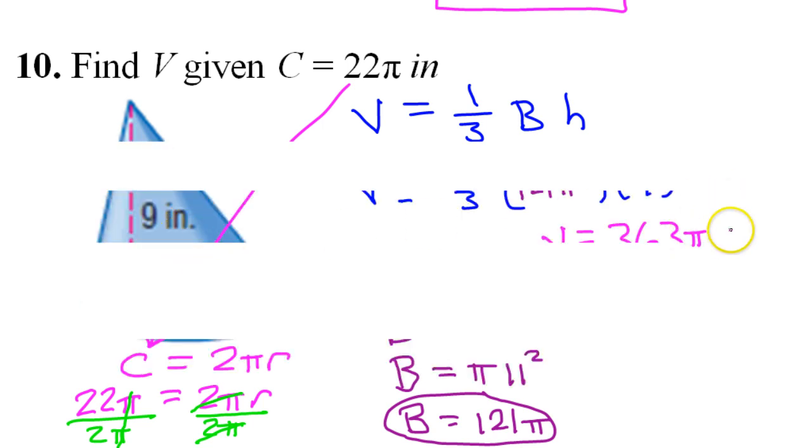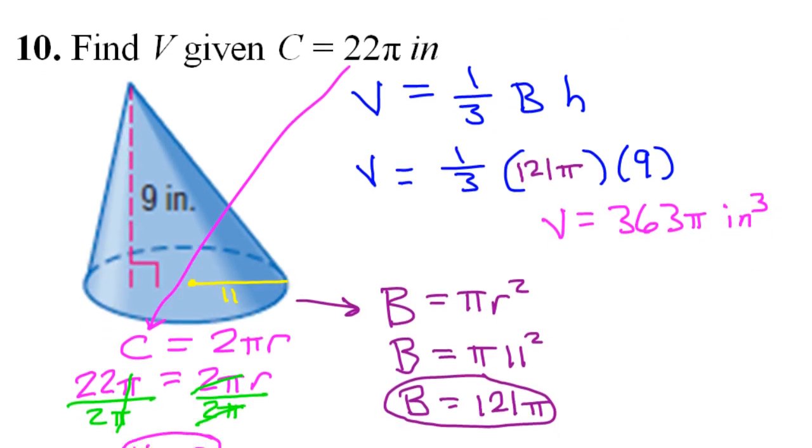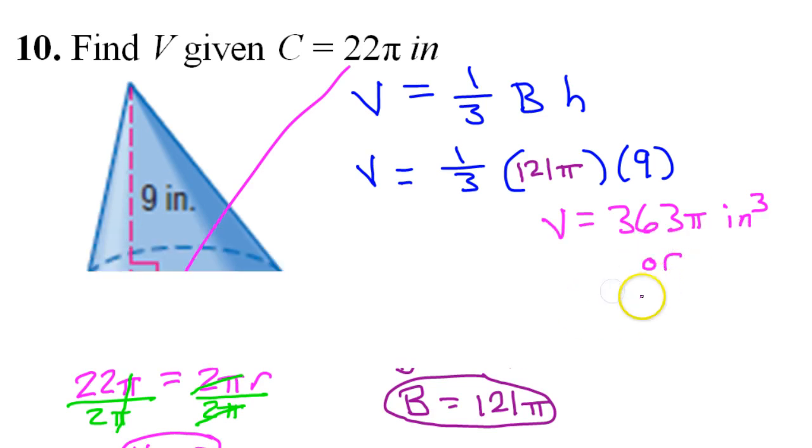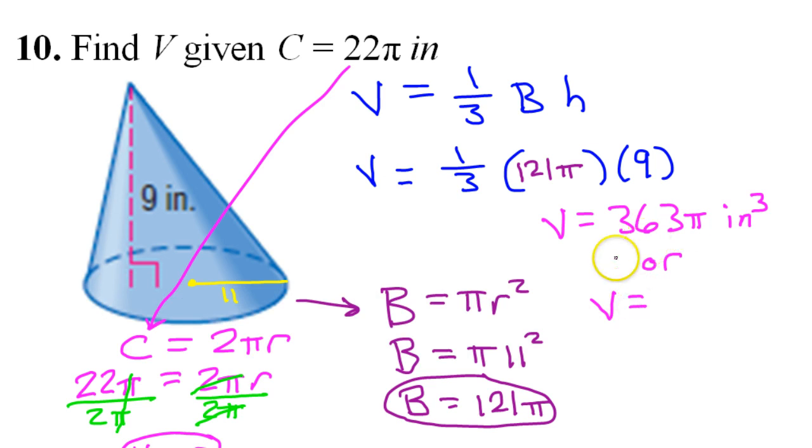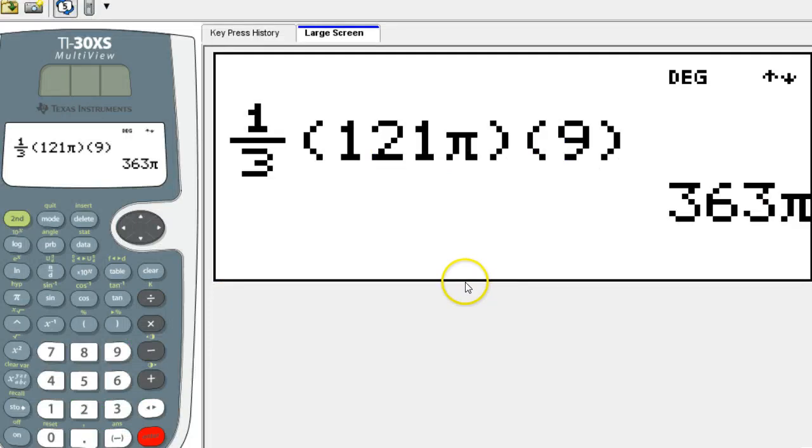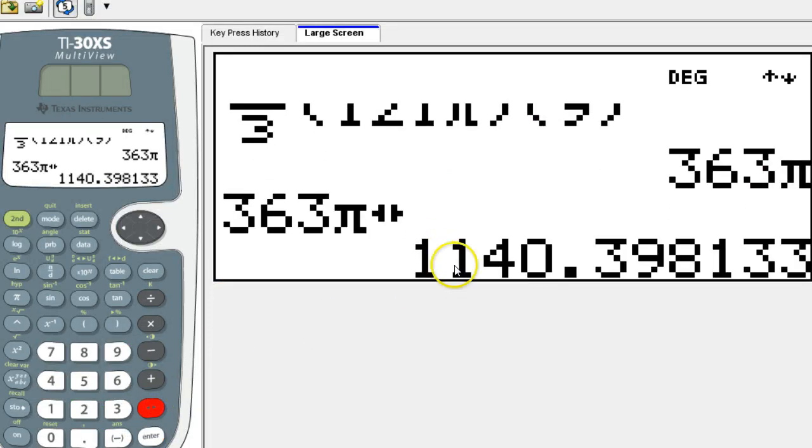Now the units here were inches, so we could write cubic inches. But let's also go ahead and get this as a decimal. So we can just toggle it. So that's